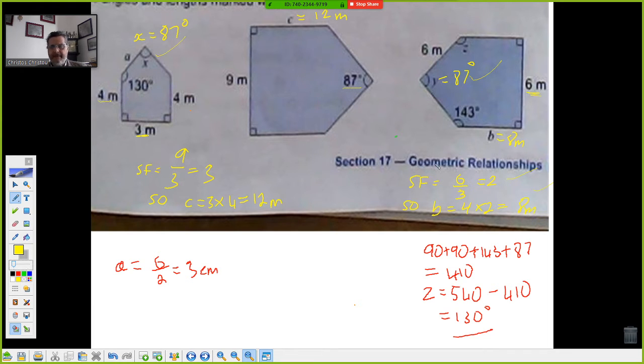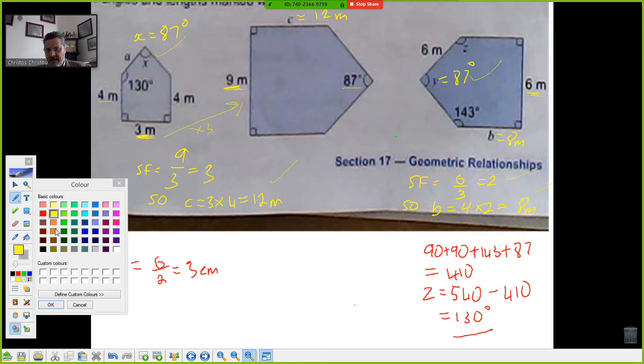So B is 8. Now I've got to work with the C. Well, this 3 matches that 9 right there. So from this shape to this big shape, it's a ×3 scale factor enlargement. So if I multiply my 3 by 3, I get 9. If I multiply 4 by 3, I'll get 12. And that takes care of that one. This is a bit too thin, I think. Get a little bit bigger. Now over here,